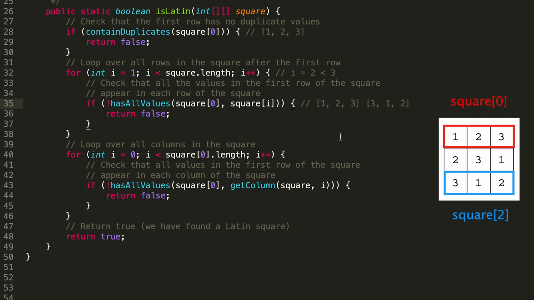We can once again spot check it and say, okay, it contains all the values within the first row. Then we try to increment our i again. Now 3 is not less than 3, so we have successfully passed the second condition as well. Next, we need to look at every column within the square. So we start off at i equals 0, which is less than 3. We need to compare that to